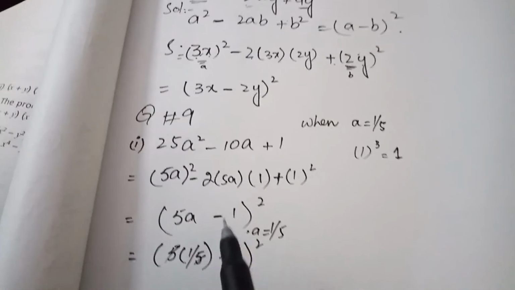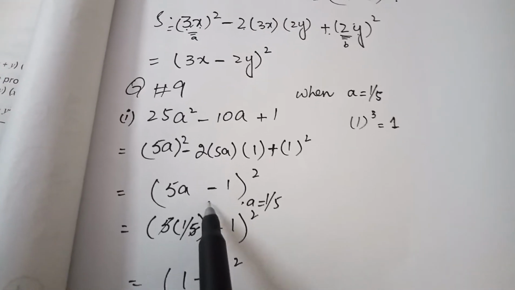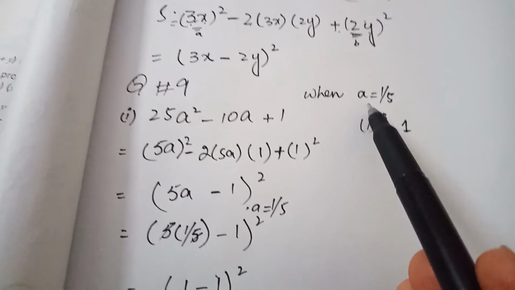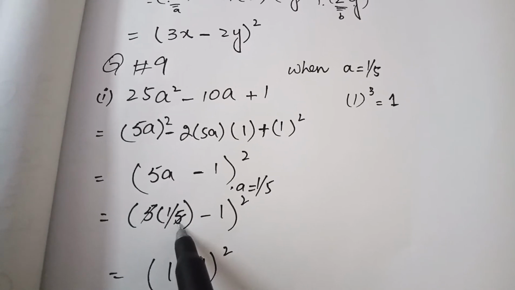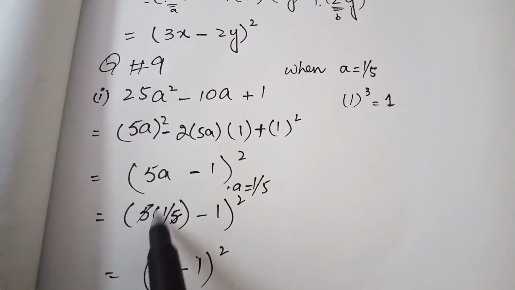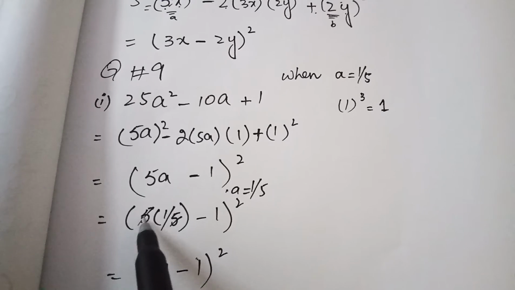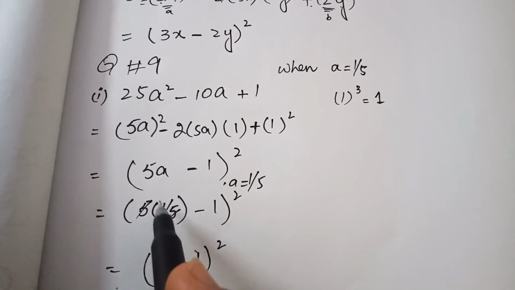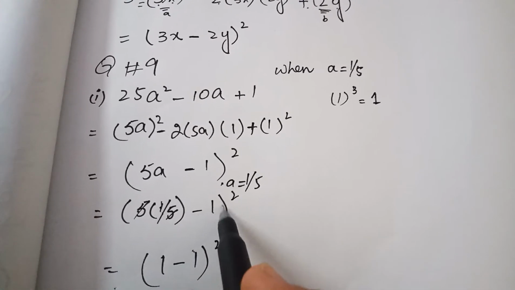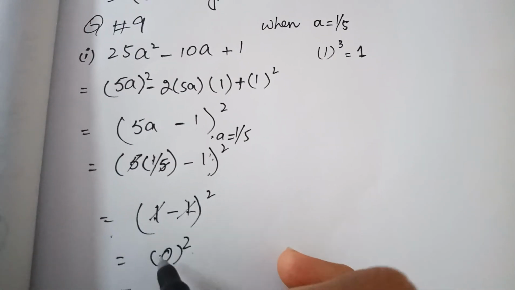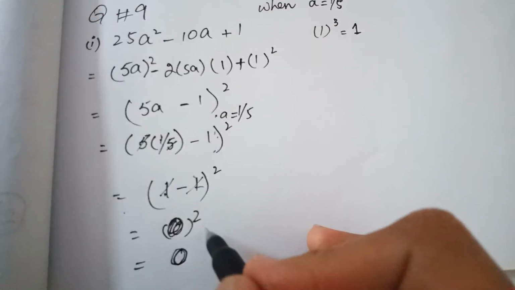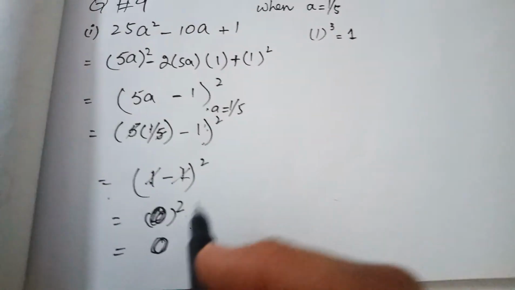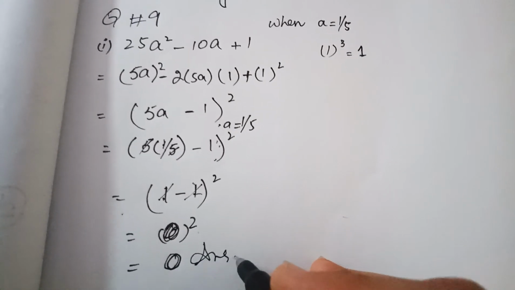We have solved the question number 1 till the answer, but the given situation is we have to replace the value of a as 1 over 5. In the place of a, you have to write 1 divided by 5, minus 1. 5 into 1 over 5, 5 will be cancelled by this 5, and 1 will remain over here, 1 minus this 1. 1 minus 1 will be cancelled, this will be 0. 0 will remain 0 whatever the power is. Okay, this is the answer after solving.